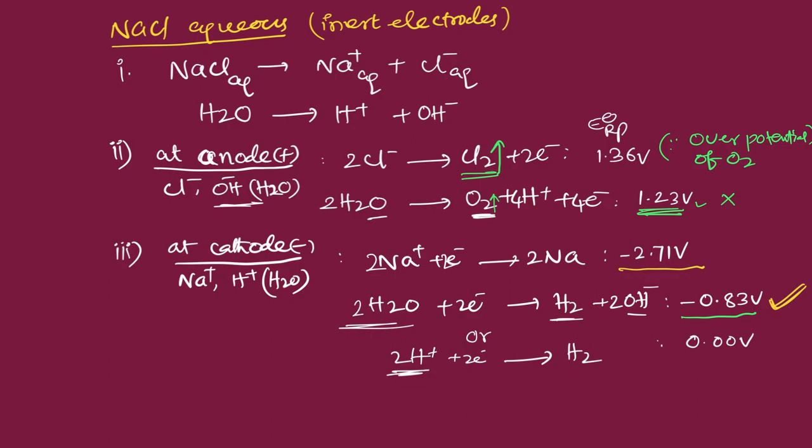It means hydrogen gas is the product at cathode and chlorine gas is the product at anode. All together, overall, if you want to write, then what can we write now? At anode, A means anode, that is positive charge,